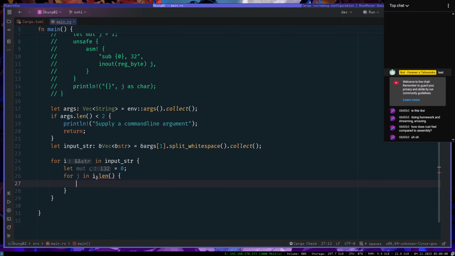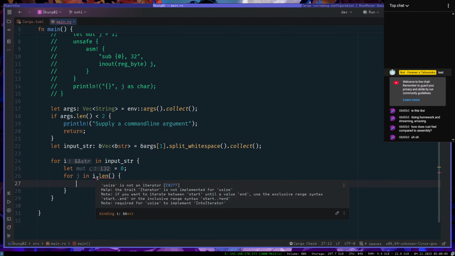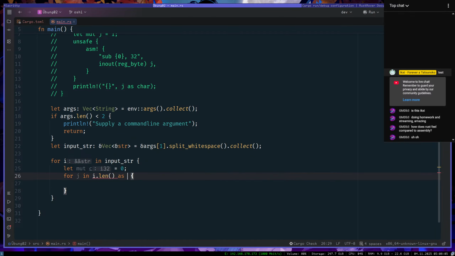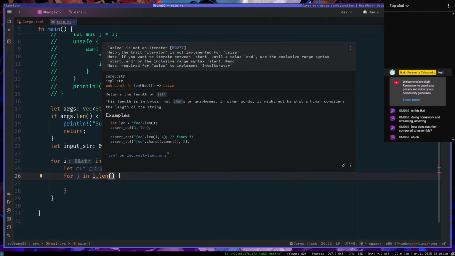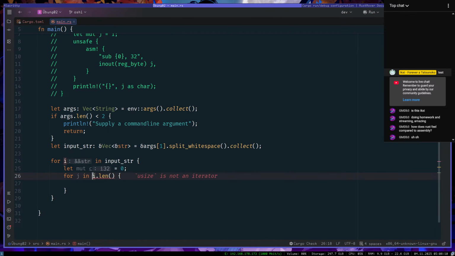Why is i.len() now not possible? Okay. Wait. What? I also don't like this syntax because it is weird. But whatever.